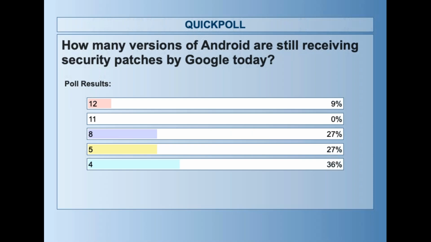Cool. My view is I think things have become a little less confusing with the move to numerals rather than dessert treats, which was kind of cool. Cupcake, but even regardless of the naming convention, the pace of mobile operating system updates and security patches does make it very difficult to keep track of everything, particularly if you have a lot of Android users in your environment. But that also applies to